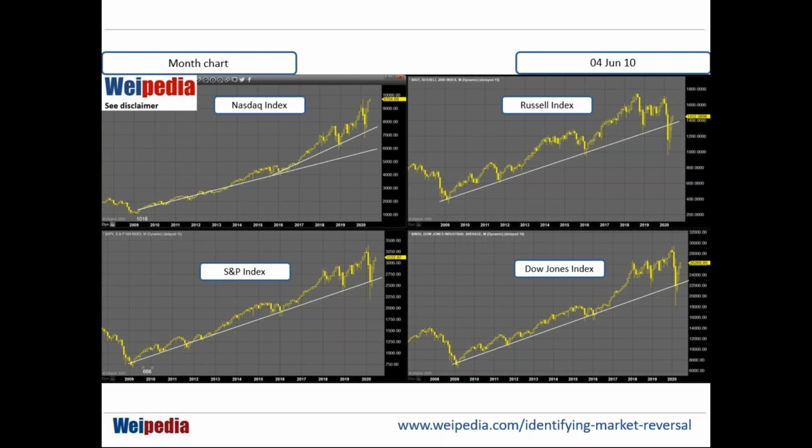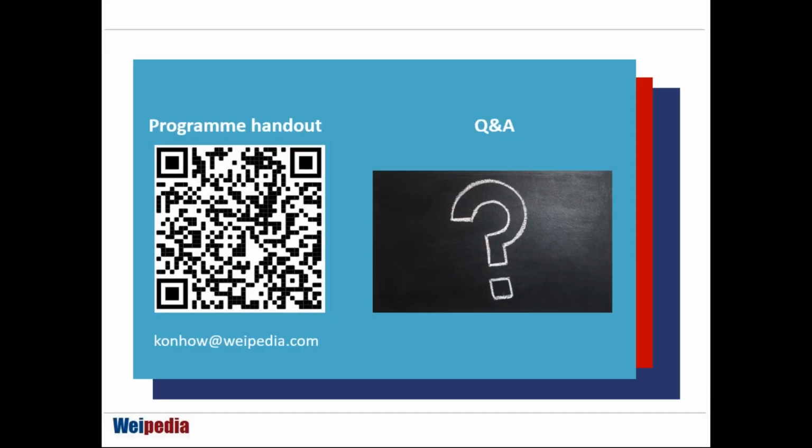Small cap, just to recap here, represents about 90% of all the listed stock. It's not just the listed stock, you also represent the unlisted stock of the SME as well. So they are important. They are the major fabric of the whole economy, so never underestimate them. But the Russell also indicates that all these SME for the time being are not doing too well. It's not back on track on this bull market yet. Okay, so this is my take, and I hope you enjoy that.